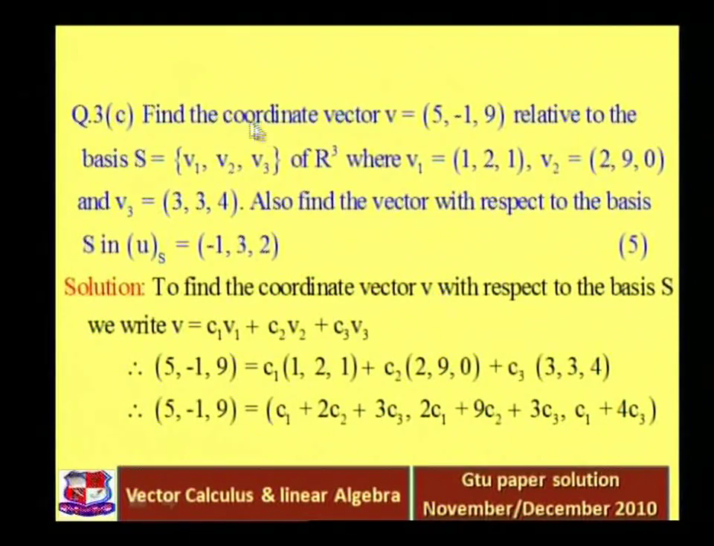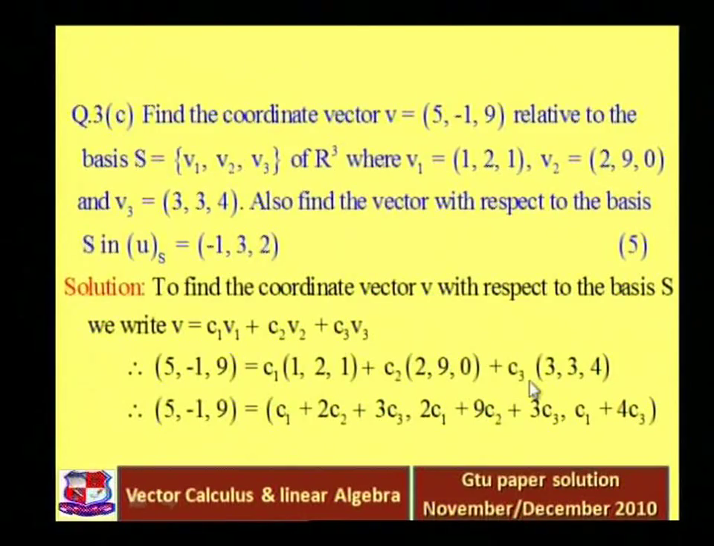but here we want to find the coordinate vector of v, so that's why we are expressing v = c1v1 + c2v2 + c3v3, and then we find c1, c2 and c3. That is our main target, and that is exactly our coordinate vector of v relative to the basis S, right? So put the value of v, v1, v2 and v3 in this equation. v = (5, -1, 9) is equal to c1(1, 2, 1) plus